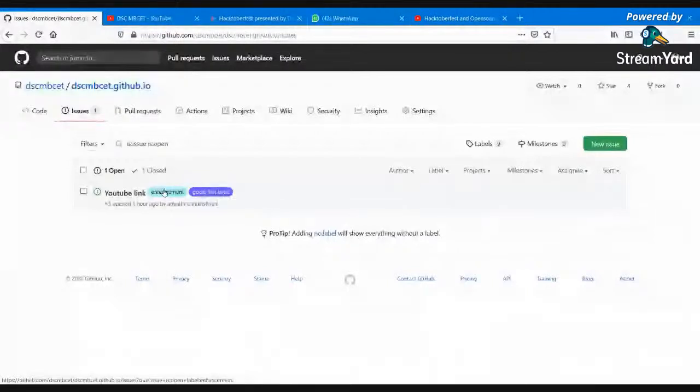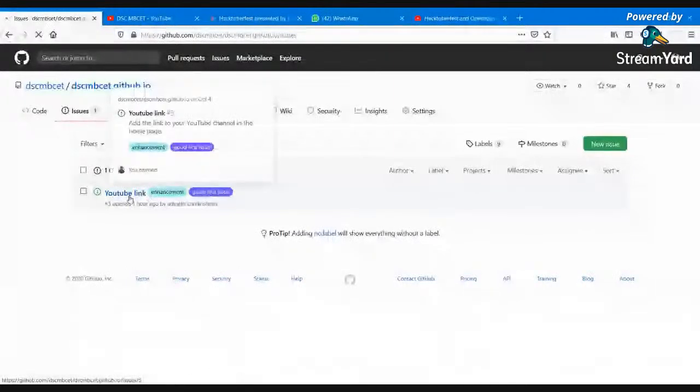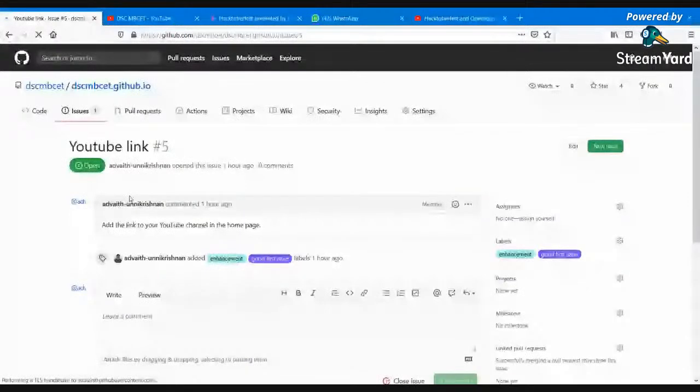And enhancement means this is not a bug. I just want a feature update: I want the YouTube link of DSC and PCT on the home page. So this is the issue, right? Add the link to your YouTube channel on the home page. So that is the issue, and we have two labels: enhancement and good first issue. So just take note of this good first issue because I will be discussing it later. So in order to do that, first I will be